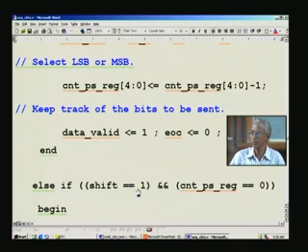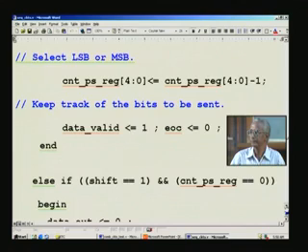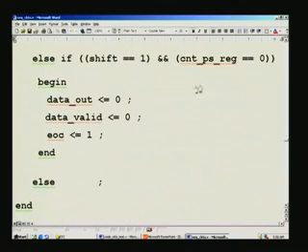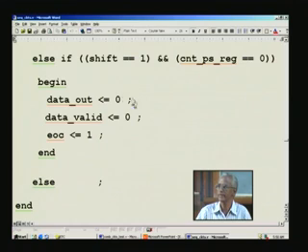So, this says that so long as shift is still asserted and the counter is 0, signifying that all the bits have already been sent, then we take this action. So, in this case we have finished the job. In fact, at the previous positive edge of the clock itself we completed the job. Now, on this edge we need to just deassert the data valid, because we are not outputting any data as such. That is what is here. The data is 0 here, and naturally end of conversion is over. Therefore, we assert it here, and if no other conditions are satisfied,